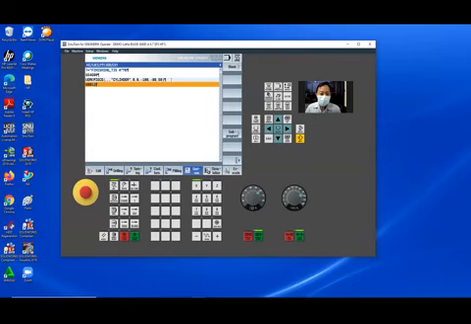S100 means the cutting speed is 100, and the M3. But I think before this, good if you give limitation of your speed. Limit speed is 3000.